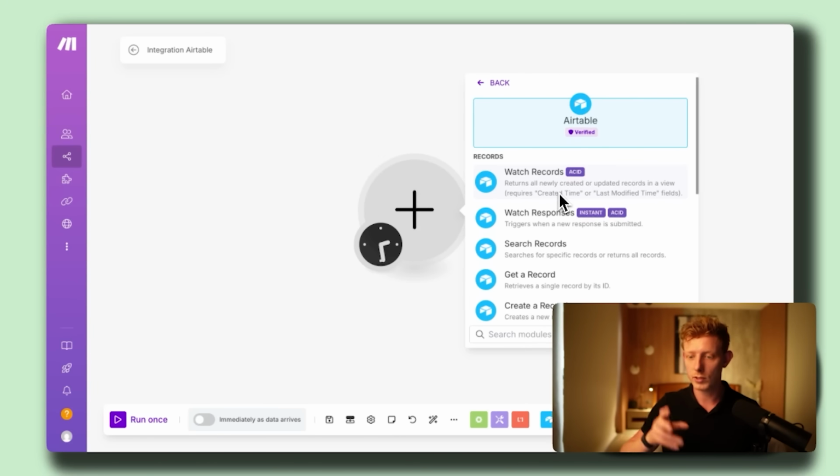And it's very important to understand the difference between these two, because you might assume that, for example, this one, Watch Records, which returns all newly created or updated records, is instantly triggered as soon as a new record is created, but it's not. And how can you recognize it in make.com? It's simply because of this tag here, Instant, right? So you can see Watch Records doesn't have an Instant tag. So we know this is not an instant trigger. This is a polling trigger, right? So if I click this one, for example,